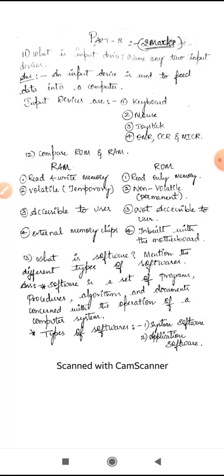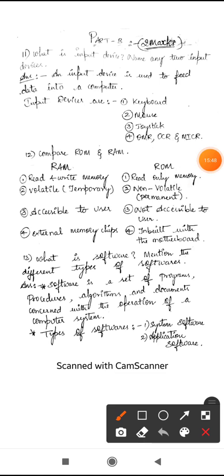That is part B. Here it will be asked for 2 marks. Okay, so you have to answer any 5 questions from among 8 questions. So from 8 questions you have to answer any 5 questions. Here each question will carry 2 marks. Okay, so the first question goes like this.